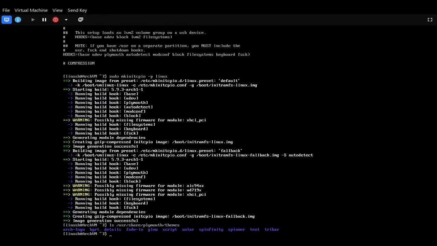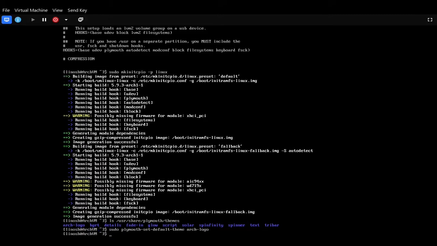Now it will show us all the available themes, and we can set the theme by typing sudo plymouth-set-default-theme arch-logo,